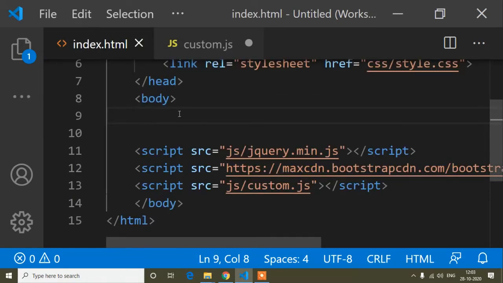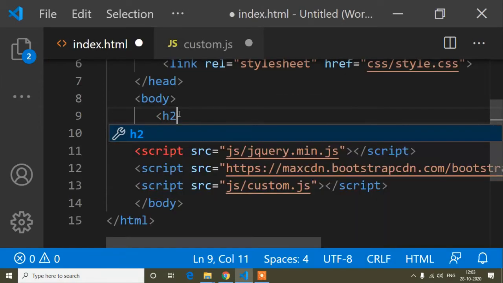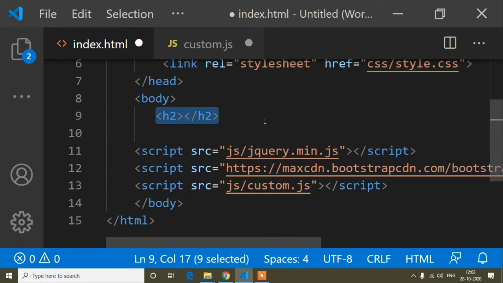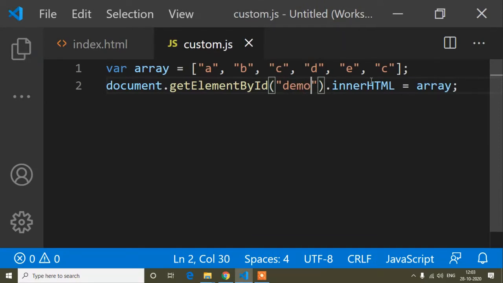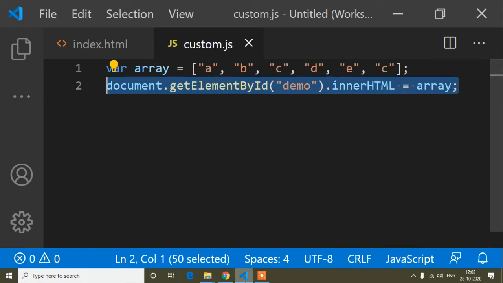In the HTML file, I will take an h2 tag, and inside this h2 tag I want to show the original value of the array. So I have to take an id. The id is demo, but you can write any name for this id. I will copy this demo id and paste it here. Now inside this demo id I will show the original value of the array.